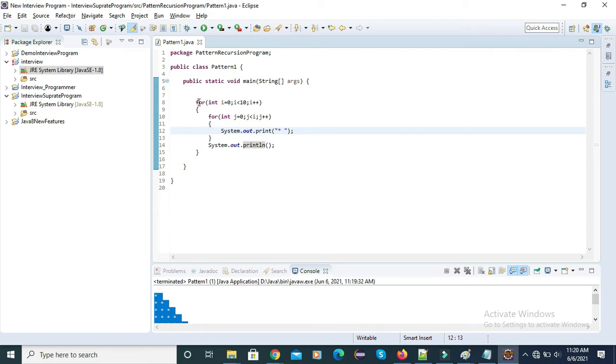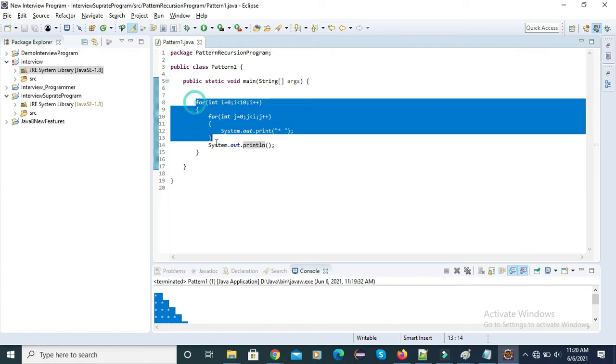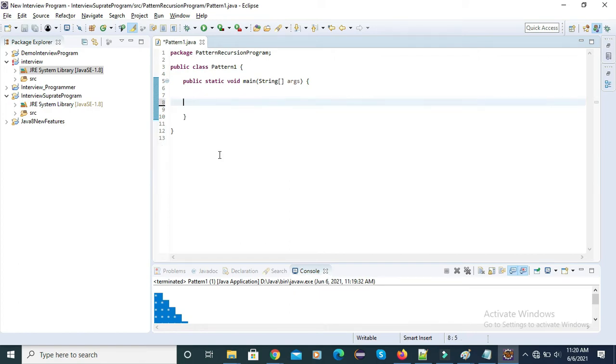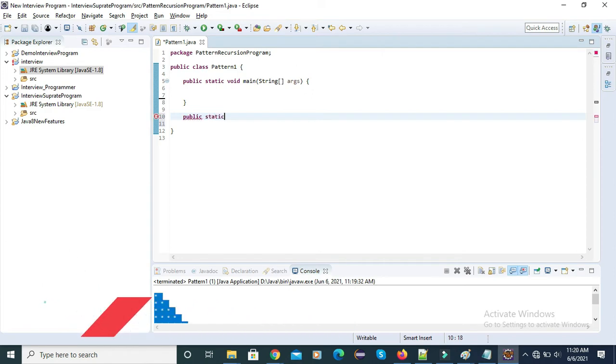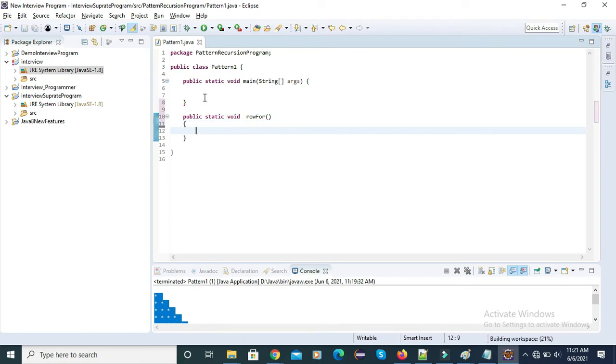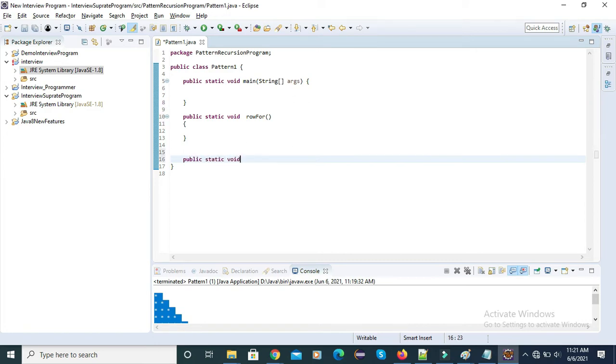Remember, here we used two for loops, the first for a row and the second for a column. I'll remove this code and add two new methods. The first is public static void, with the method name rowForLoop. I define it like this to help understanding. The second method is public static void columnForLoop.